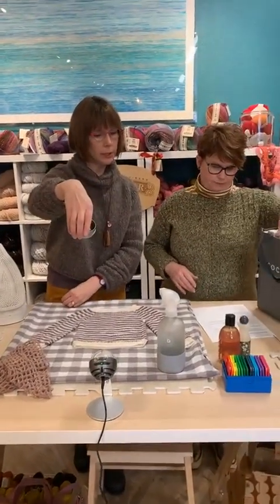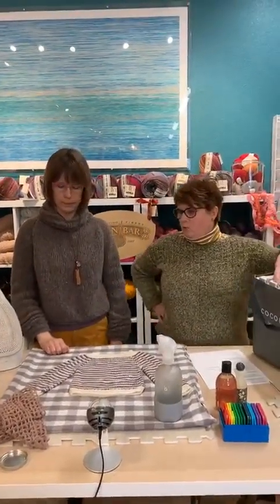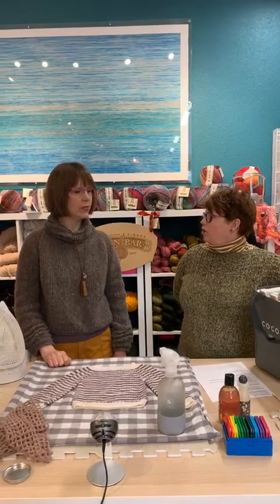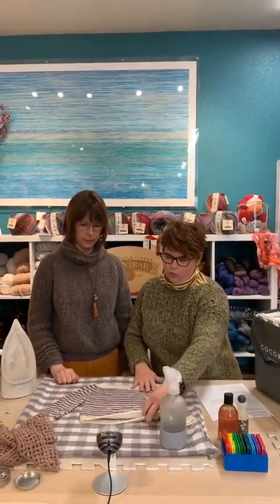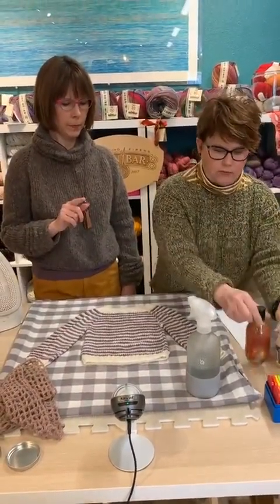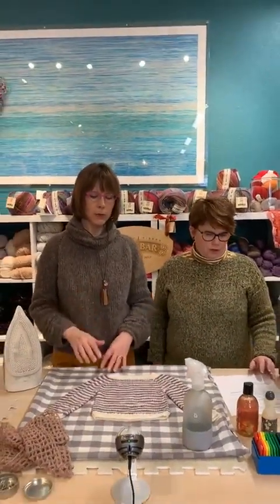That's right. So just in case people don't know, what do you mean by blocking? Well, blocking is when you want to shape your sweater. You know, like when you get your laundry directions, it says wash cold, dry flat, shape to dry. This is definitely the shaping. So you're going to soak it in water, probably in a little tub or sink with some soak or eucalyptus. Wait, hang on. I'm moving too fast, probably. Well, I want to go back to what does it mean? So if you finish a sweater,